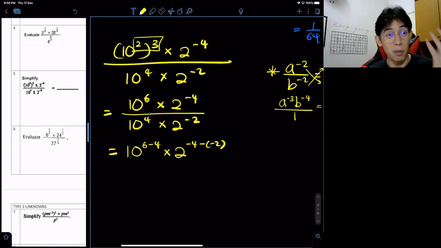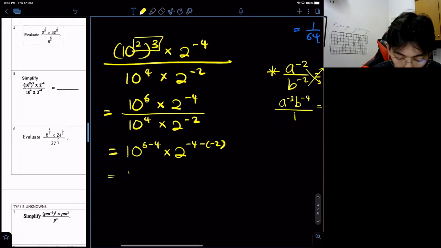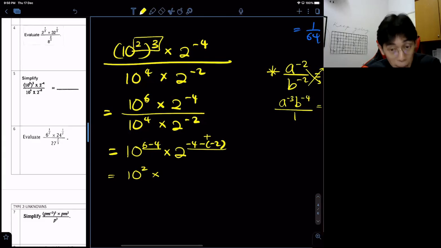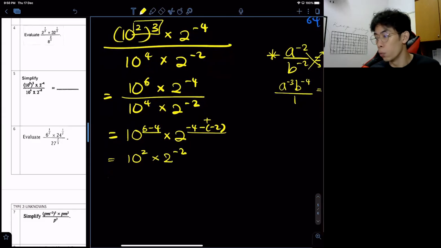Okay, at the starting of the question, they already give you the same base. So what for? We're going to make it smaller. So 10 is already 2 times with this one, minus 4 plus 2. You get a minus 2. So you notice that with